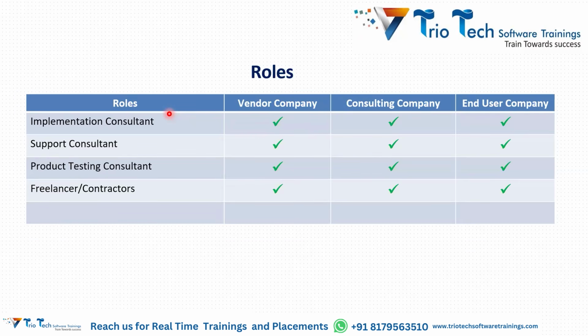So under that, there are, let's say, various companies who are working, and now they're looking for an ERP product, and they have preferred Oracle Fusion for Cloud as their preferred ERP product, right? So what needs to be done is the product needs to be implemented as per the needs and requirement of the business, right? So for that, what happens, there is a specific terminology which is called implementation team, and as a part of implementation team there are implementation consultants who are responsible for implementing the product on behalf of the